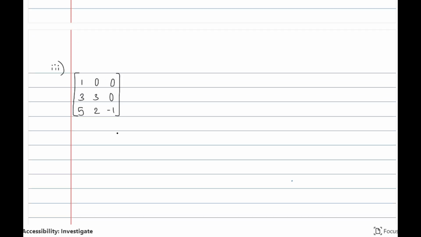Okay. Then we have question number 3. Now it's difficult for some people to find the adjoint in this case. So you need to know a sign convention. What is the sign convention? Plus, minus, plus, minus, plus, minus, then plus, minus, plus. Alright. So let this be B, right? To find the adjoint of B,